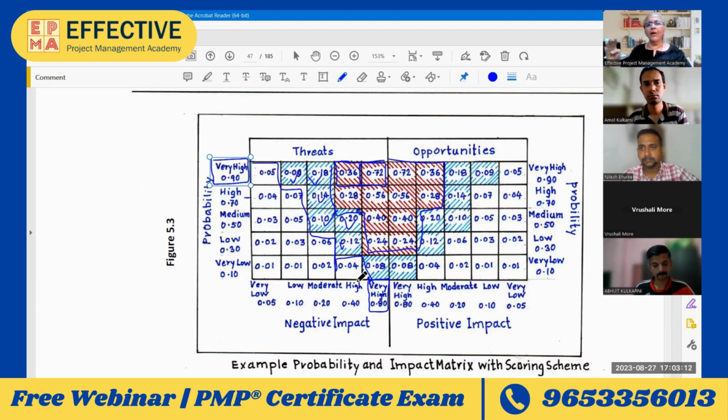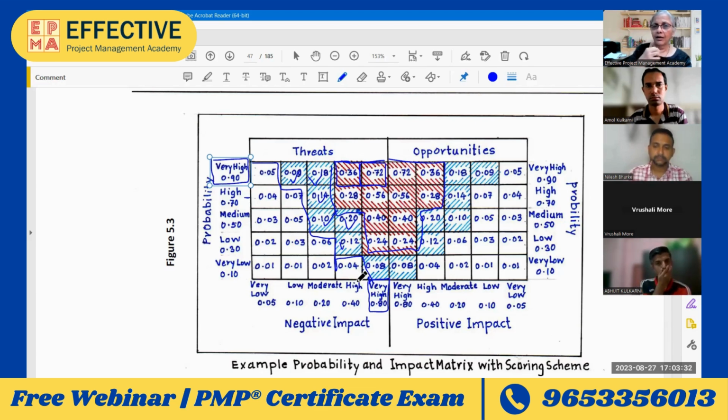So I will depend on my buffers or reserves, contingency plan, and I will have some additional money kept as buffer. I'll plan for this risk from my buffer. I'm not planning in detail what action I'll take. So if that is the case,